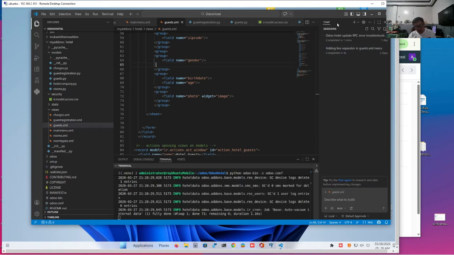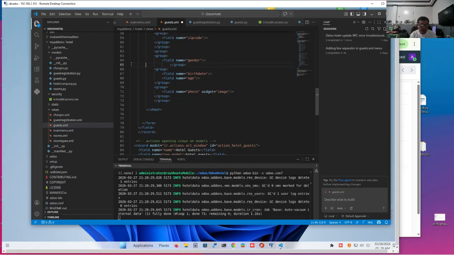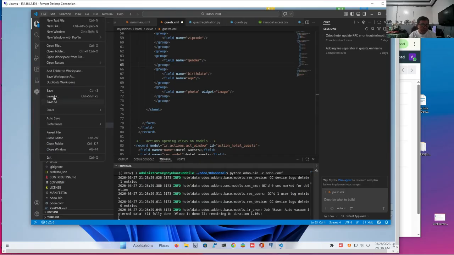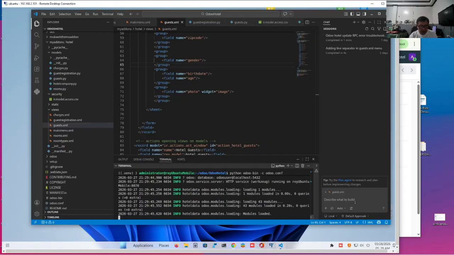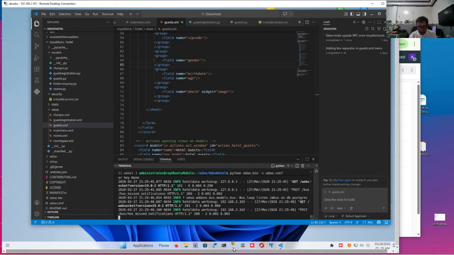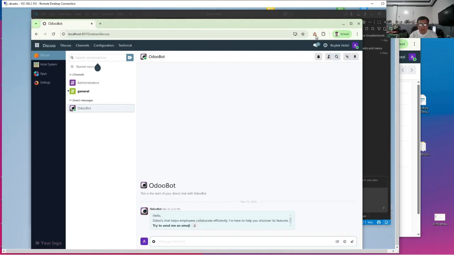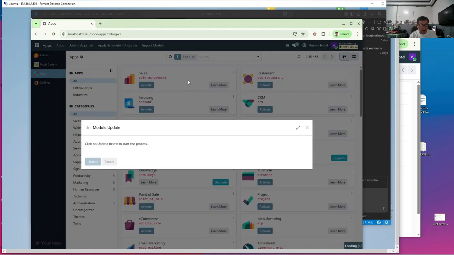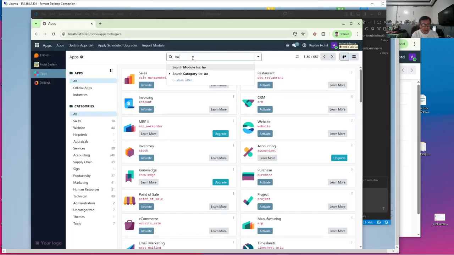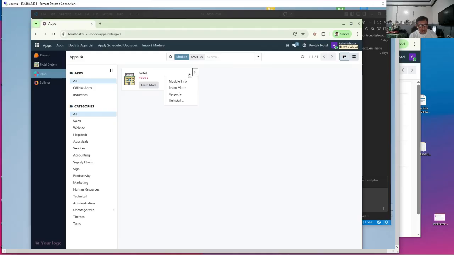So I'm going back to my localhost to update the app. I'm going to stop the server, run it again, and then go to my website, set the developer mode on, go to apps, update the apps list, and then update my hotel module or my add-on.